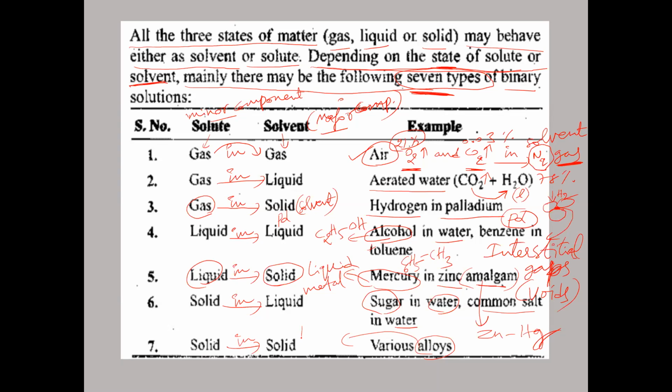Suppose you take bronze. Bronze is one alloy here. Bronze is made up of copper and tin. Sn means what? Stannum, the Latin name. Tin and copper. These two metals together form the bronze alloy. In this, copper is in solid state. Tin, a metal also, is in solid state. So these two metals in solid state will be melted and will